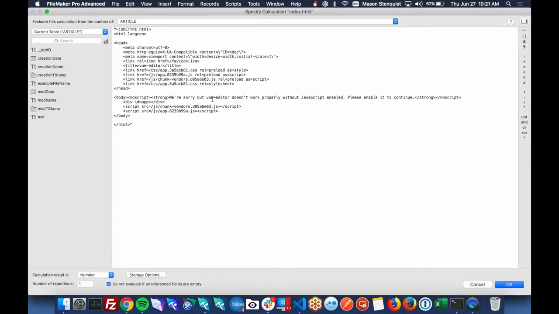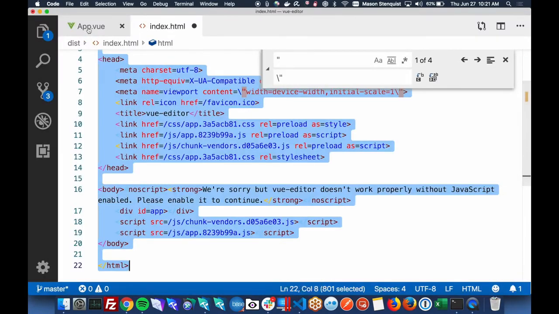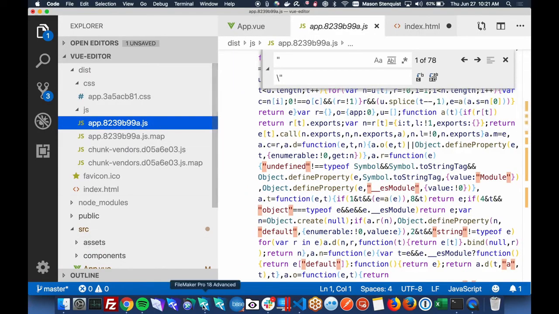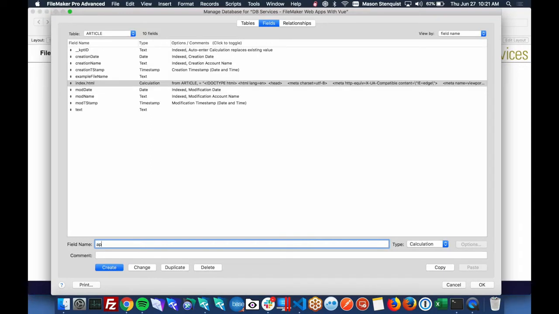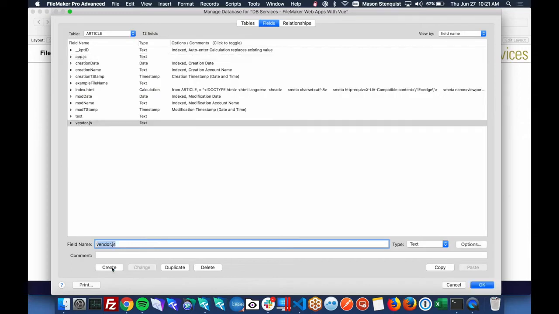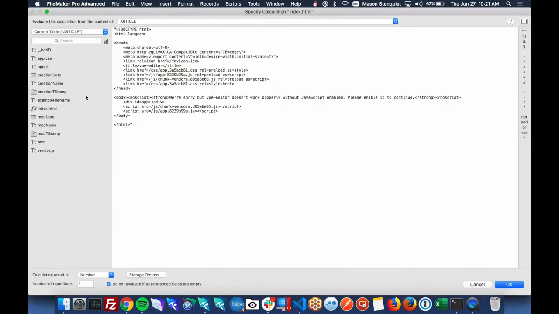All right, so now we need to make a couple changes. Well, let's save that for now. We'll come back to it in a second. So up next, we need to make our app.js file. App.js, this can just be a text file. Then we need a vendor.js. This is where the view files and the view editor files are going to go. And then we need our app.css.